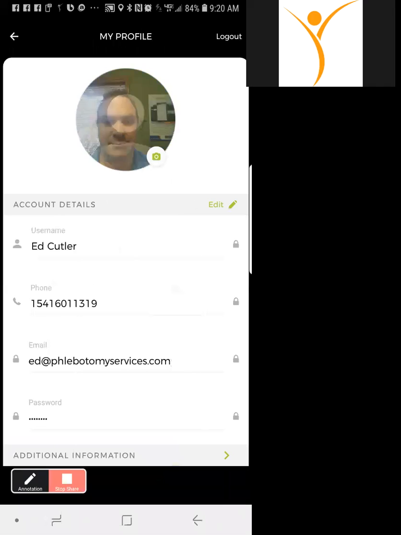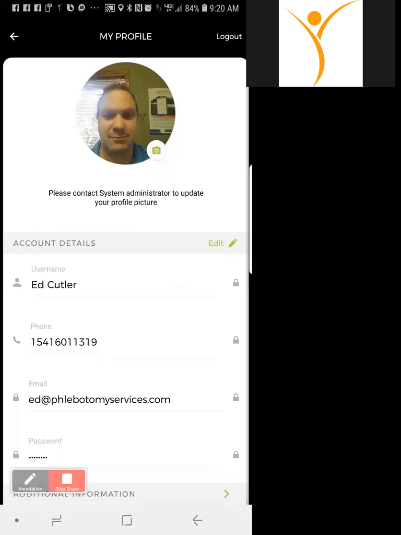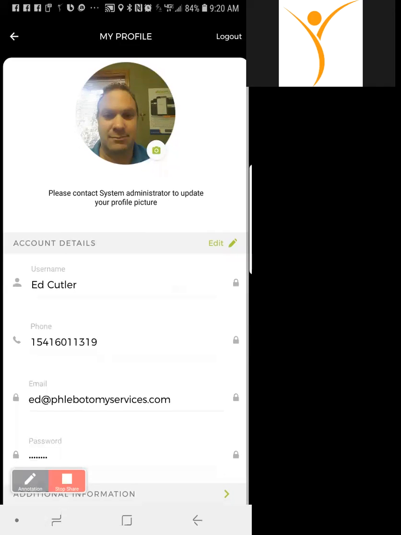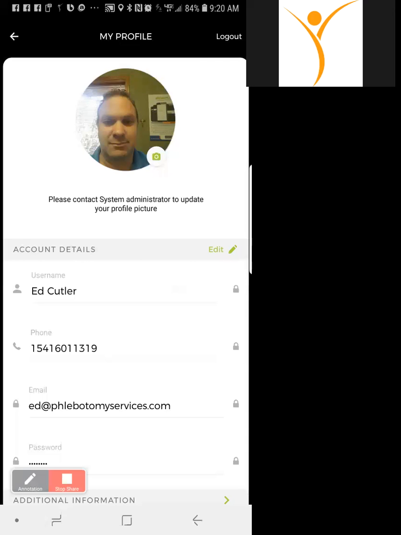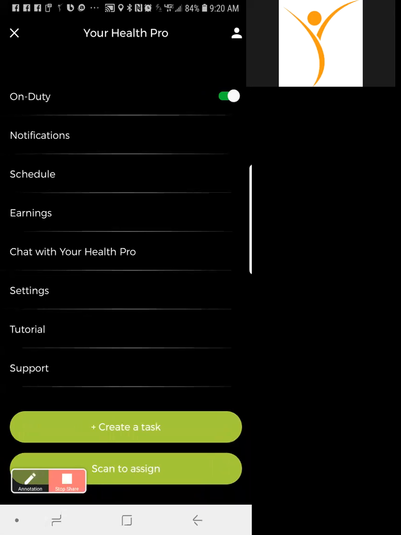Let's look at the profile really quick. You see my profile picture. It does have some things in the background, but it still worked pretty good. If I wanted to change my profile picture, you notice how it says, please contact system administrator to update your profile picture. We have to do that. You could text it to us, to our main number, 541-664-4382, and we can change that for you anytime, okay? All right, so next, let me